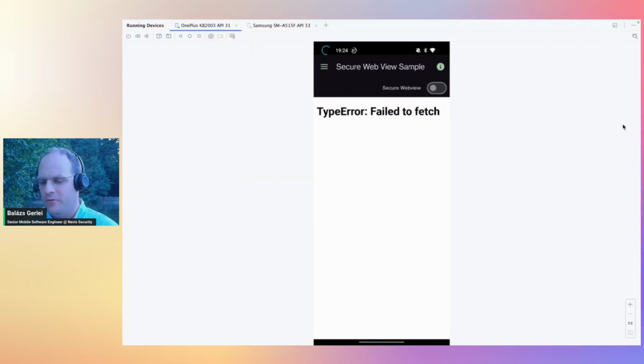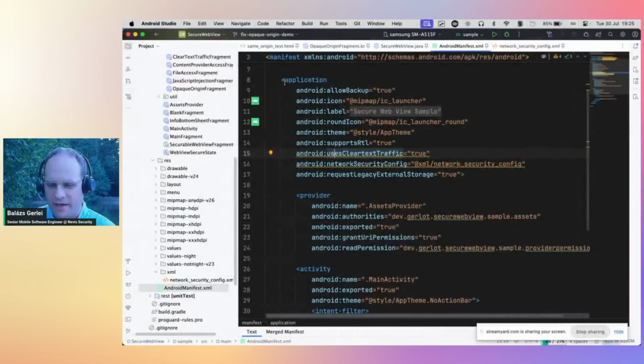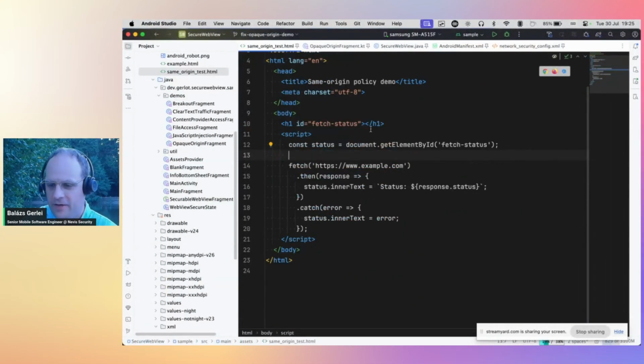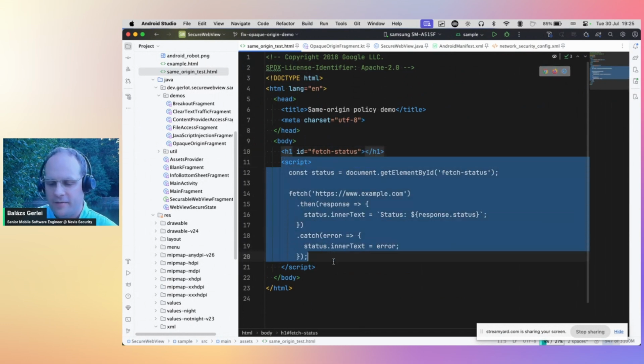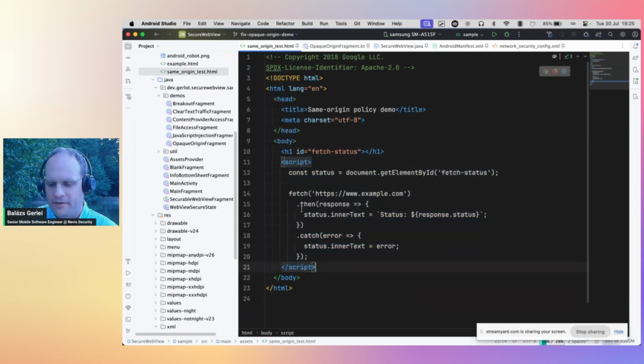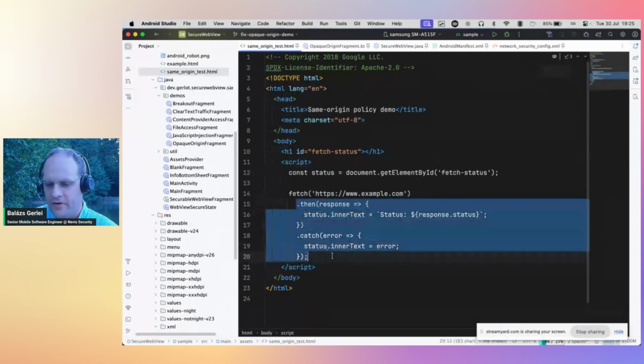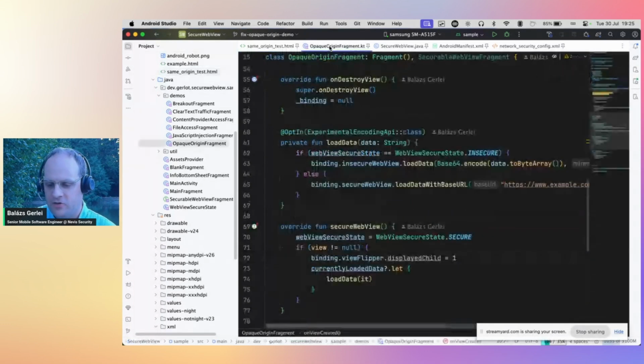A quick demo here. This is basically a very simple demo. It just fetches from a statically loaded HTML, example.com, via a JavaScript fetch API. I can actually show you that, I think. So this is the thing that's loaded in the WebView, simple HTML with the script embedded, which is calling fetch on example.com. Then it displays the results or the error. And if I show you quickly,